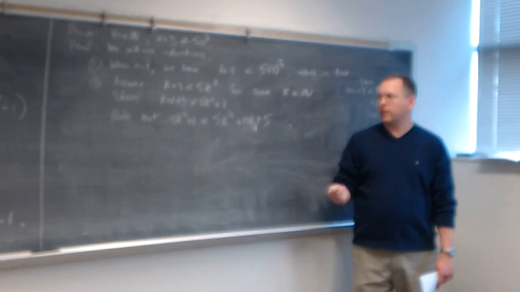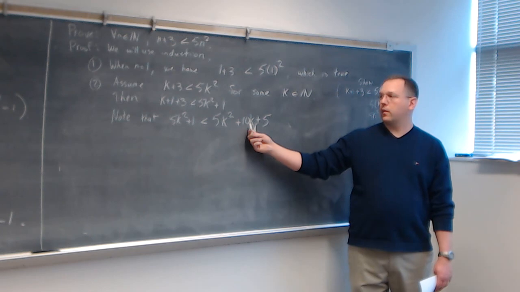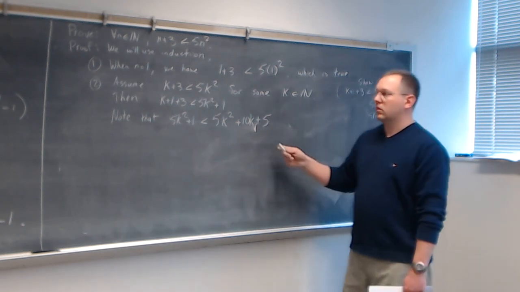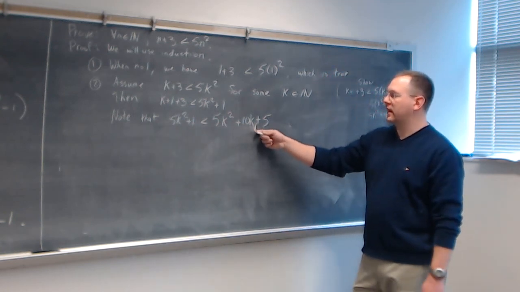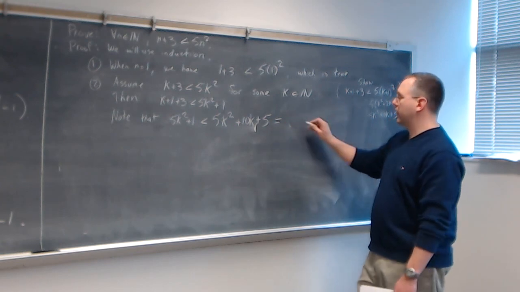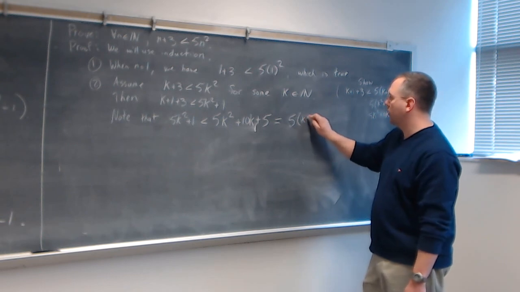It's just a note to the reader, and it should be clear that this is true because of what I added: I added 10k, which is positive, and I added 4. So 5k squared plus 1 is less than this, but this equals exactly what we wanted, right? It equals 5 times the quantity k plus 1